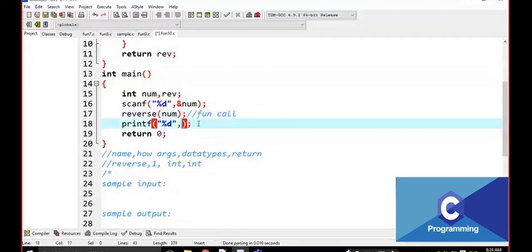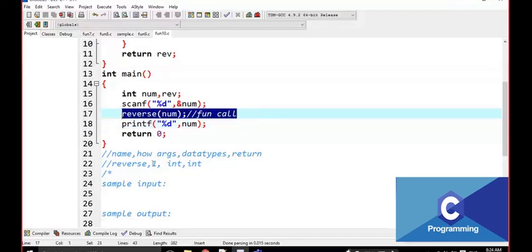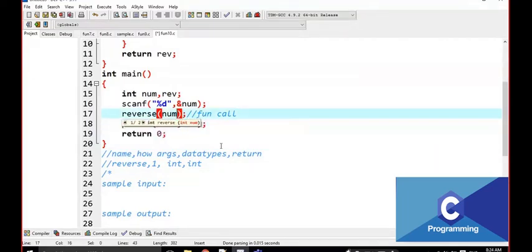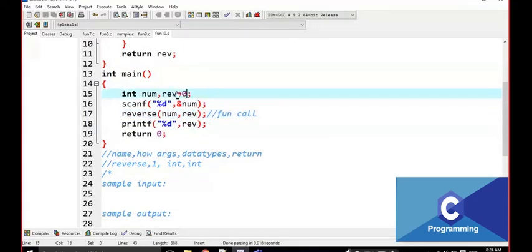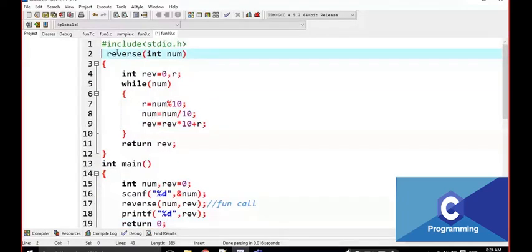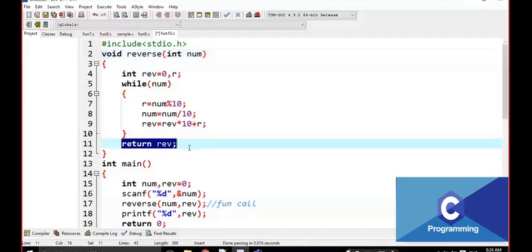Look at the function call here. Reverse of number comma reverse. I am going to execute it now. This function is a void function. Why is it a void function?